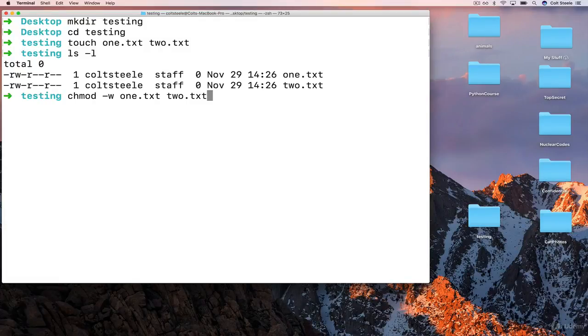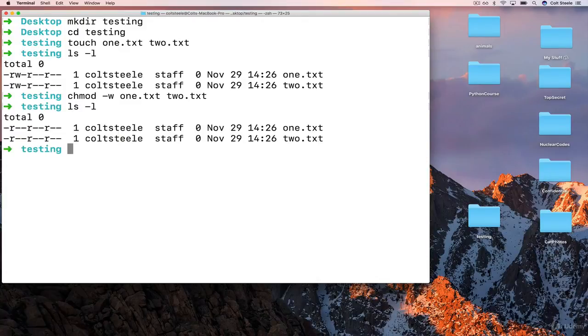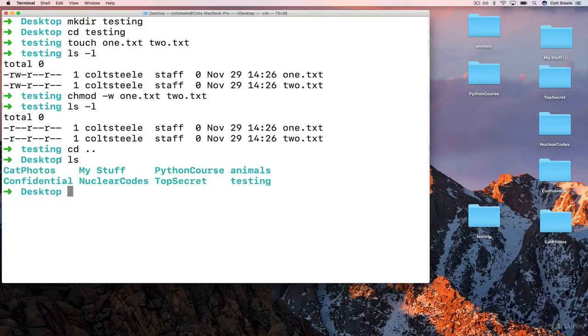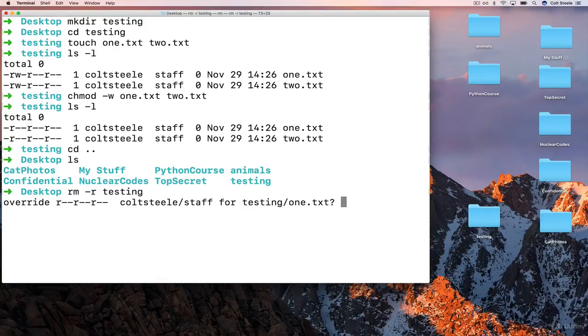So 1.txt, 2.txt. Now if I do ls -l, you can see that the w is gone. So there's no write permission left. So when I go to delete this, there isn't permission because the write permission has been revoked. So if I go back out, and it's a testing directory, I try and do rm -r testing, I get this